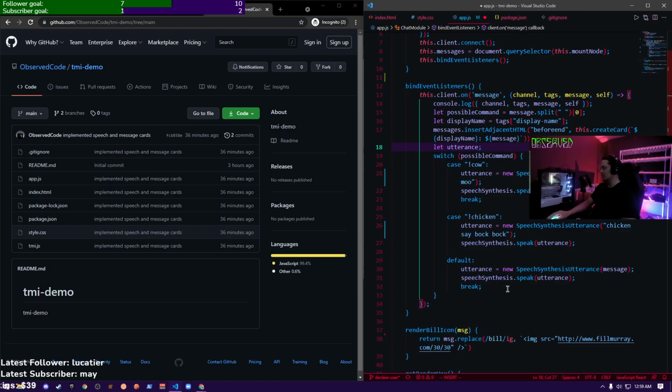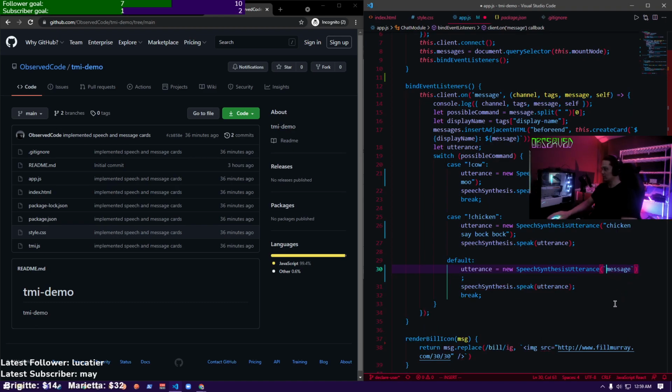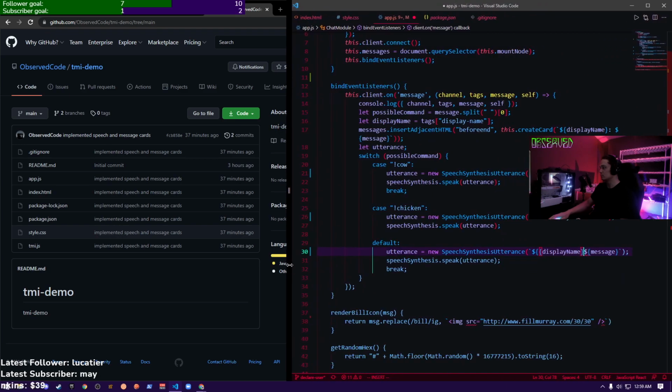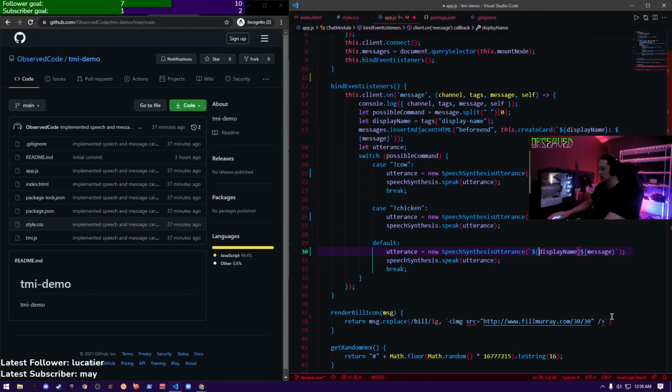And then here we have the utterance, right? So the utterance could be, it's the message here, but we could go like this, and then we can go like this.